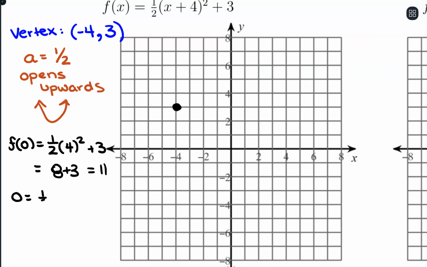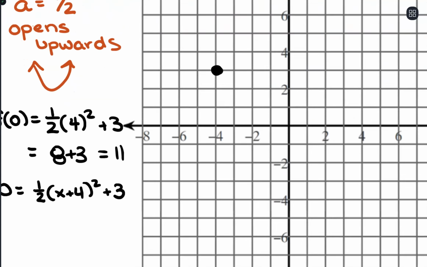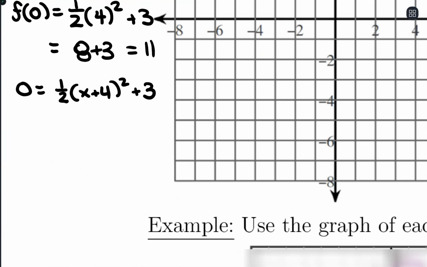So 0 equals 1/2 times (x plus 4) quantity squared plus 3. And I'm going to go through the steps as if we were solving this, even though I know it's going to cause an error. What we would do is isolate the piece that is squared. I would want to isolate that (x plus 4) squared. So I'm going to subtract 3 from both sides,